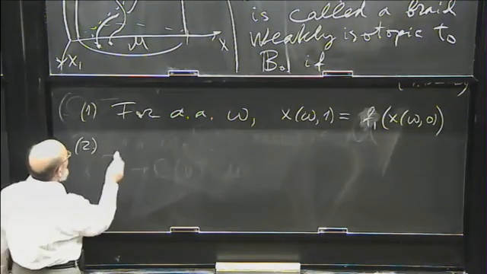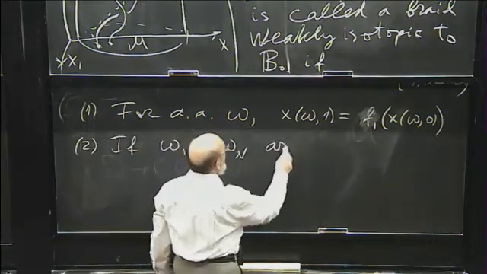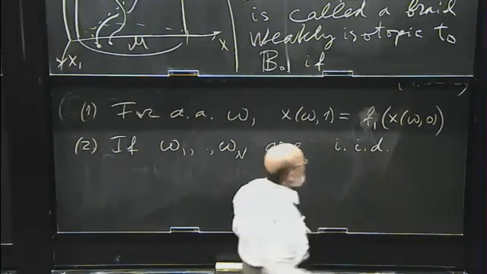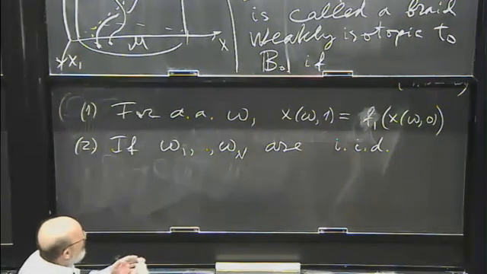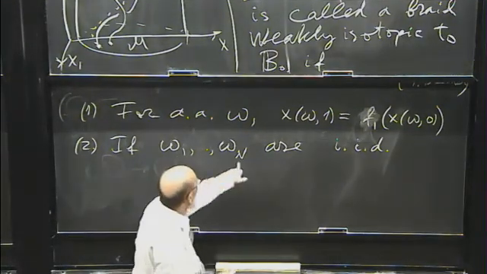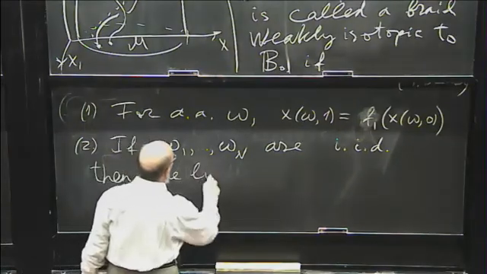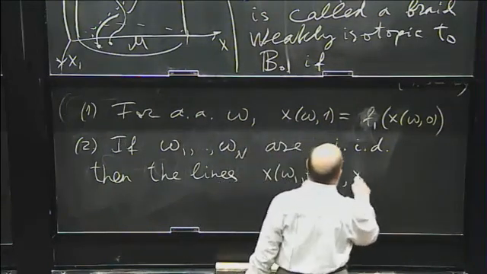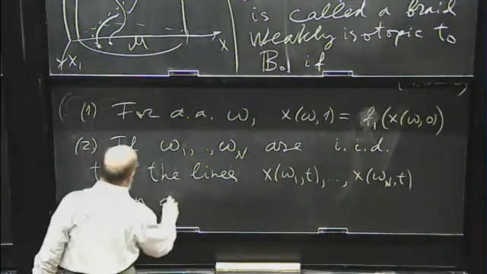And second, if omega 1, ..., omega n are independently chosen random trajectories, independently chosen particles, each with a probability distribution mu, which is given. So there are independent particles, then the lines x omega 1 t, ..., x of omega n t form an n braid